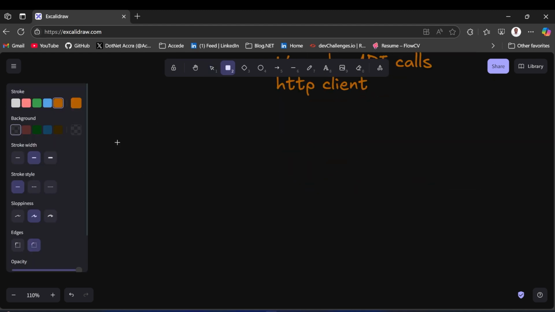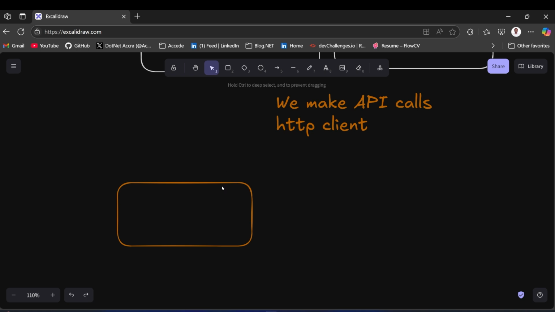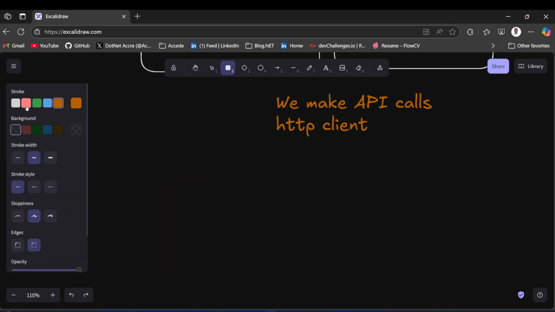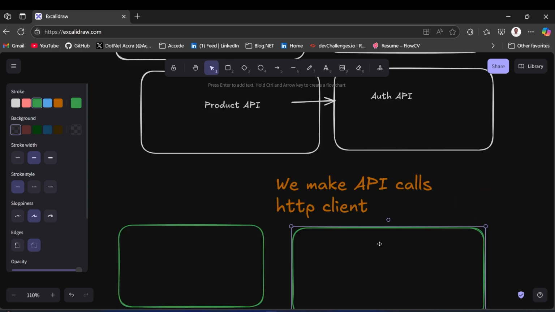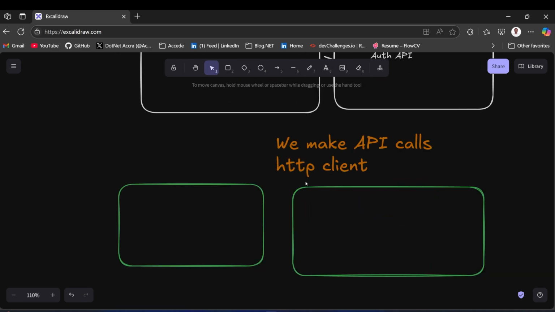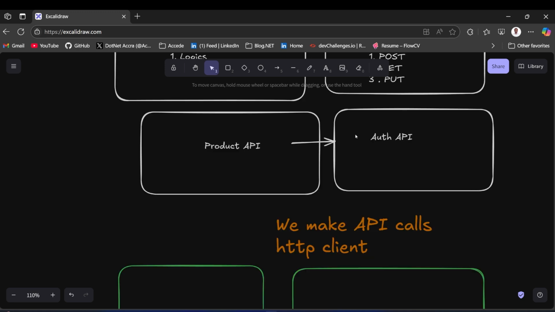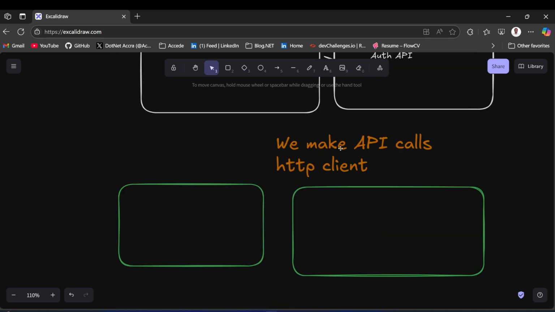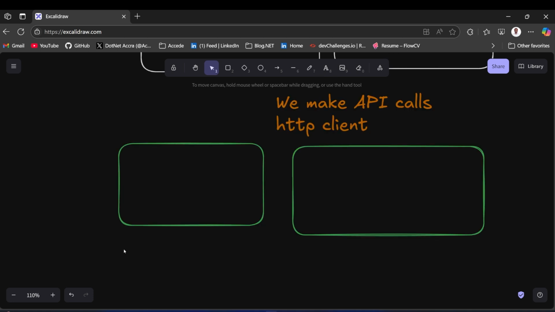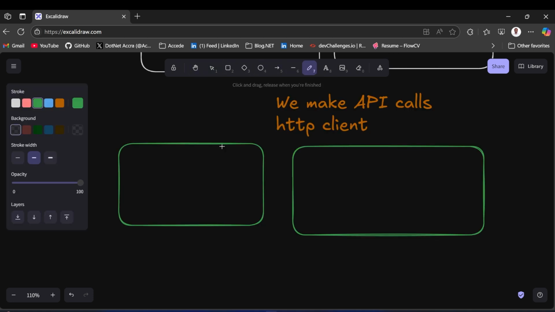So now let's have this. We need to go and remove this color right here. Let's use a different color for gRPC. So we have application 1, we have application 2, the same illustration. We already know that with the REST API standard, what we normally do is make an API call using an HTTP client in .NET. So that is it. But with gRPC, now here we basically have